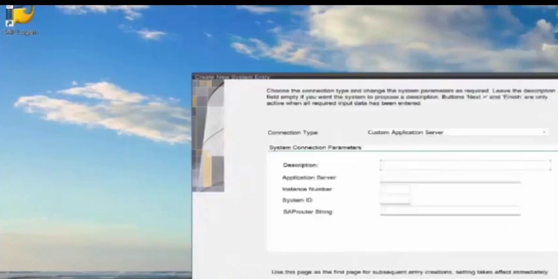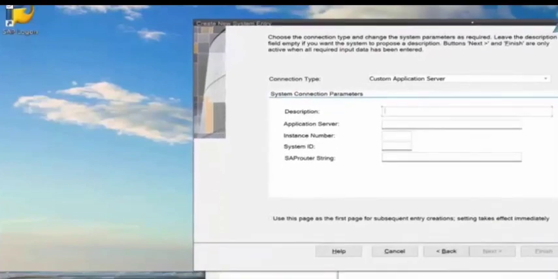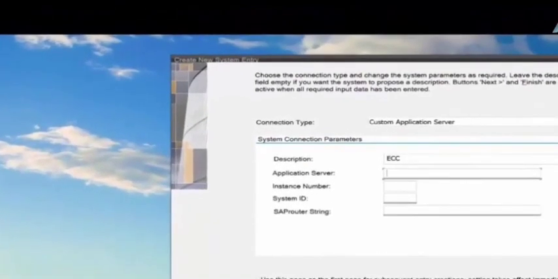Click next. And this is the screen where you specify the address of the service or the server that you want to connect to. For example, I want to connect to an ECC server. So just name it as ECC, and the application server is the exact location that you want to connect to. For example, if you want to connect to Gmail, you connect mail.google.com, or if you want to connect to CNN, you say